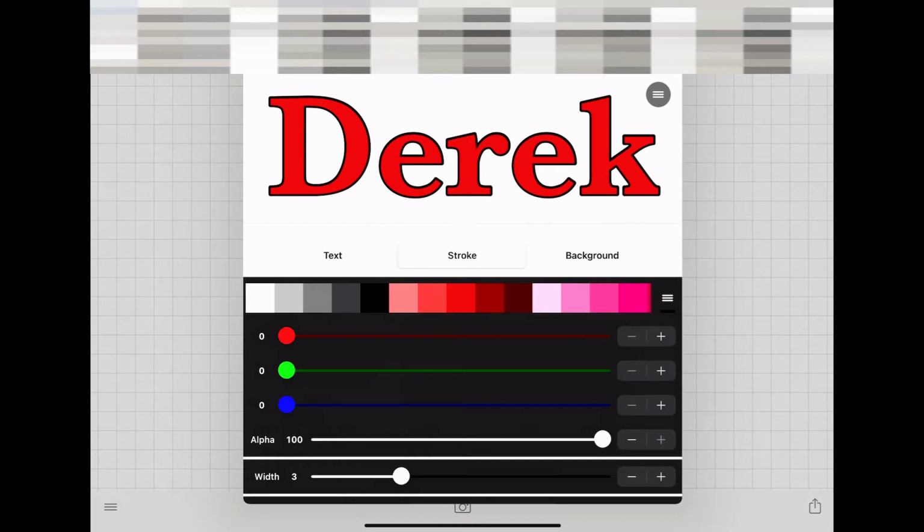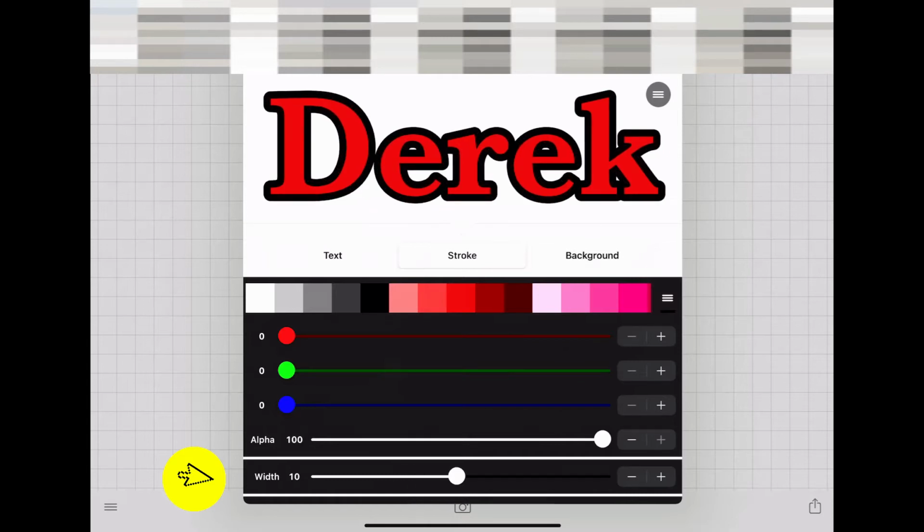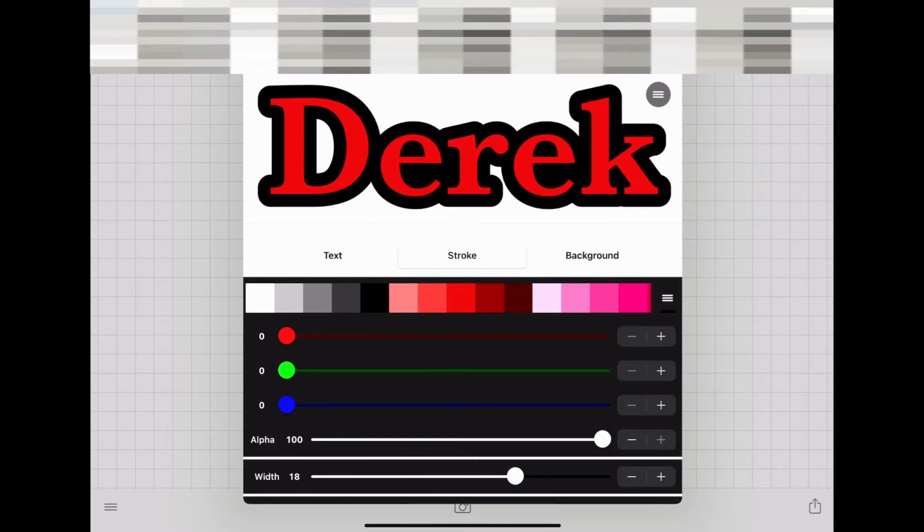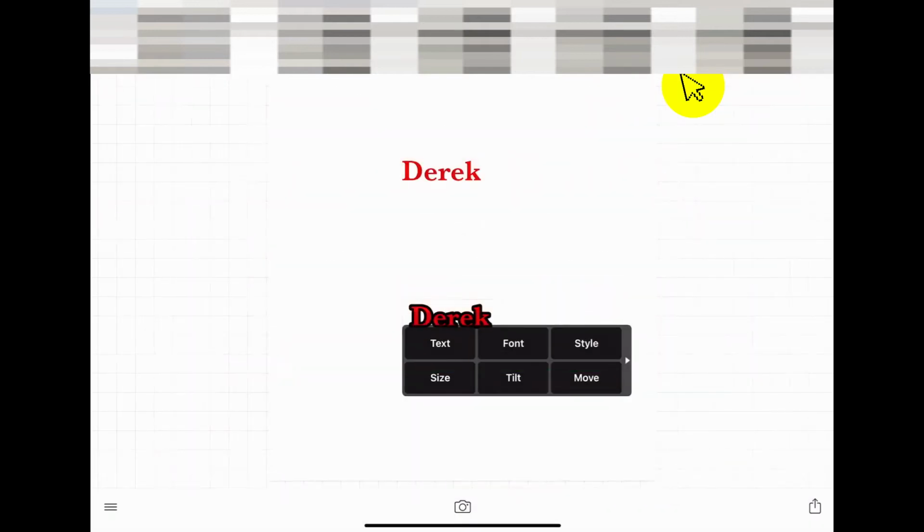Now I'm going to go down where it says Width at the bottom, and I'm going to move that slider to the right. You can move it back and forth however you like. I'm going to make it to where everything looks blacked out, except I'm okay with the D having the white in the middle. I actually like it just like that. Once you're done, click on Done. Now we have our two